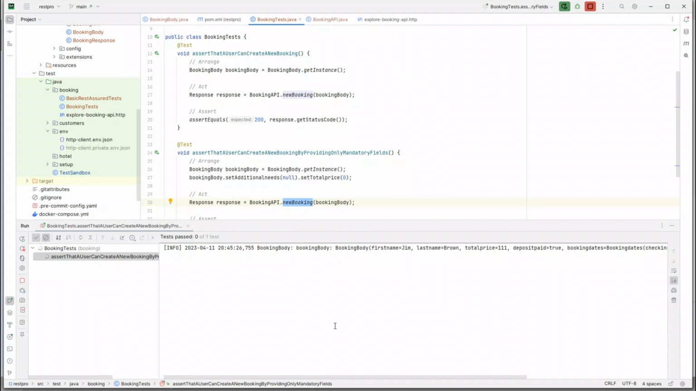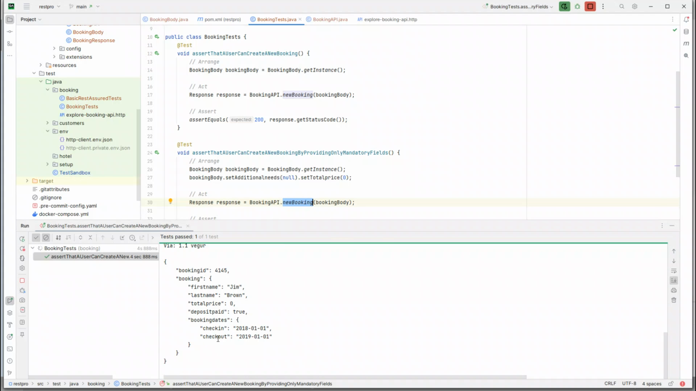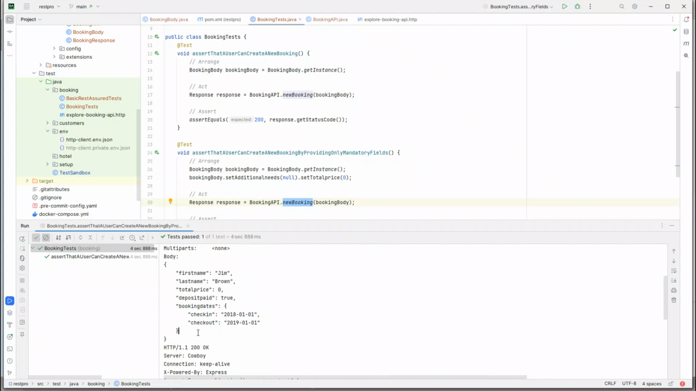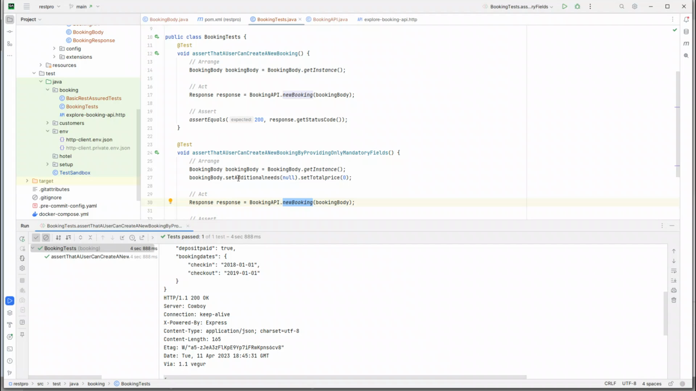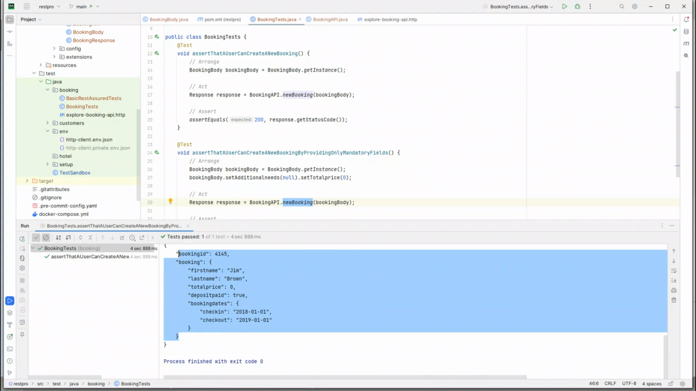So let's run this, and you see this time when we make a call in the body, it did not add the additional needs as null. And if you see in the response also, it is not written as a null value. So this is exactly what we